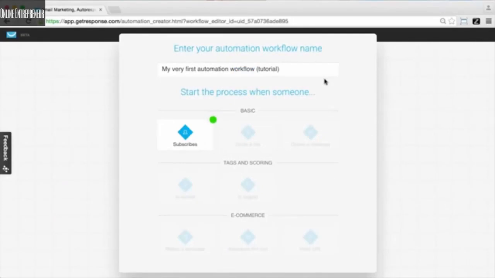In this video, we want to briefly talk about all of the different elements and things that you're going to see within GetResponse Marketing Automation when you're building your workflows. So we're going to introduce you to the different elements and the ways that you'll utilize them in the workspace